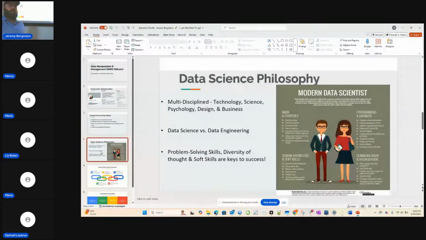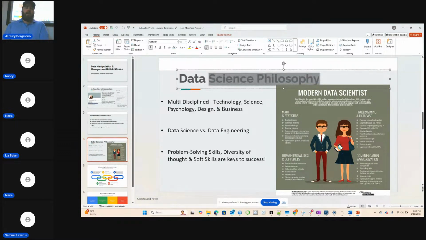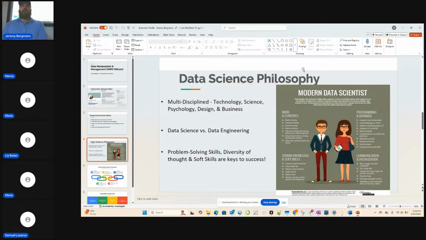Data science philosophy. This is one thing as part of Omaha Data Science Academy that we always like to cover. The unique thing about Data Science Academy is everybody in it works in data, or has worked in data at some point, but they're going to have very different perspectives based on what they've done in their career.